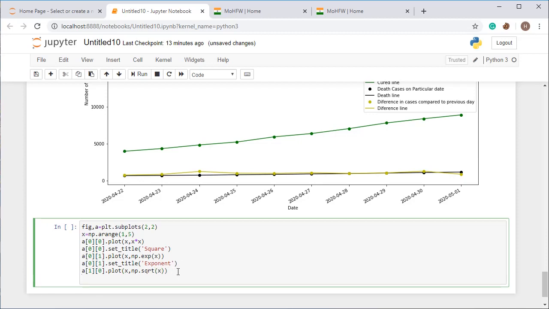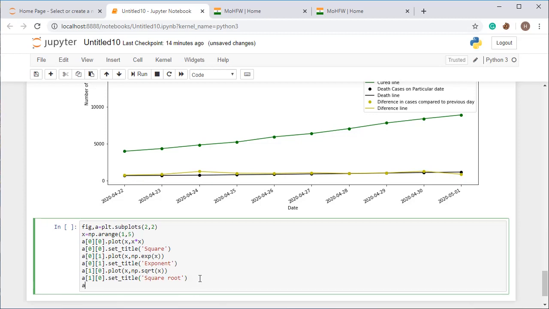I am setting the title to square root. All right, so dot plot and set title to square root. All right, now the last thing, use parentheses here, not square brackets, otherwise you will get an error. Square root.